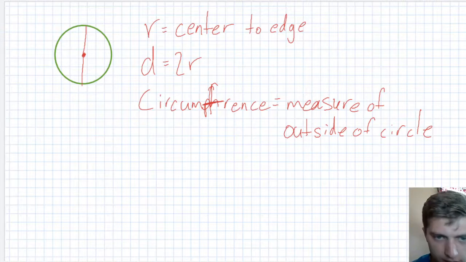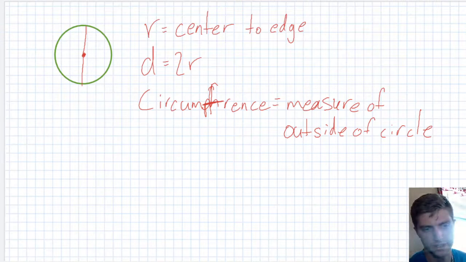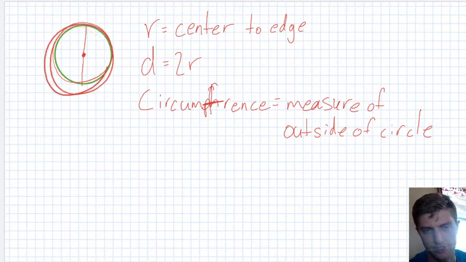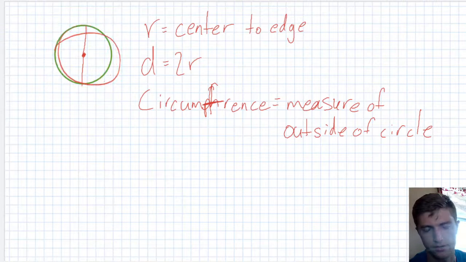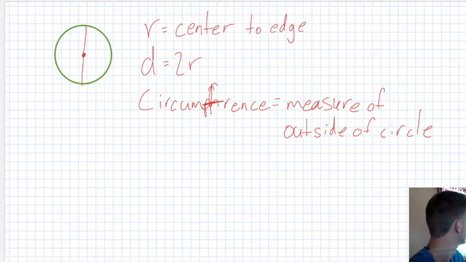So let's talk about how we measure the radius. It's pretty easy. You just need a straight line, and we already know how to do that. But this outside, the circumference, we don't know how to measure as easily. Luckily, we have a tool called pi, which will help us with that. So through a lot of measurement and calculation, the Greeks or the Romans or whoever were able to find out that if you multiply,